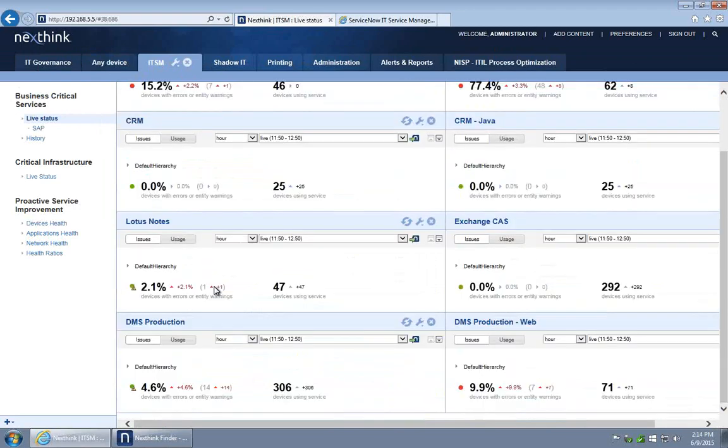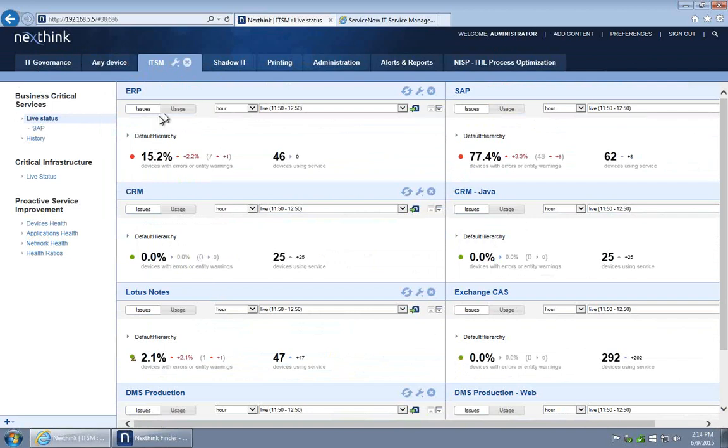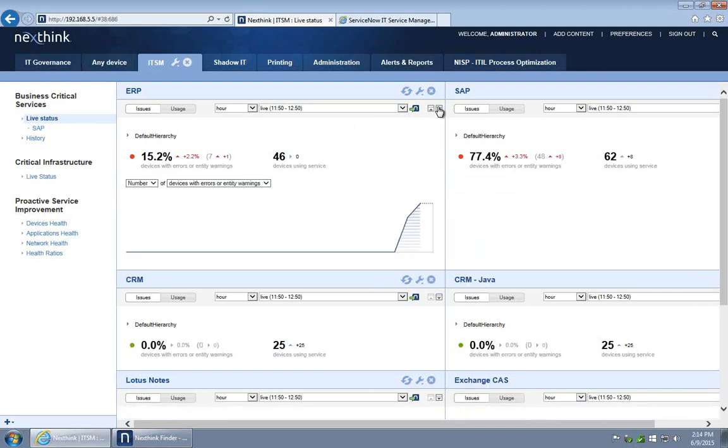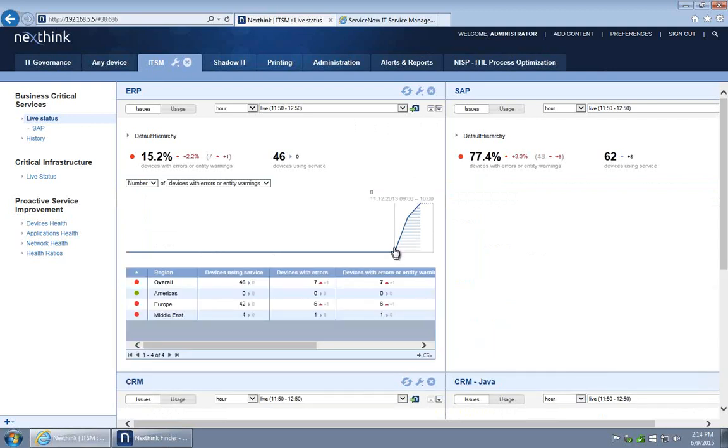This is completely customizable. In that case, ERP, we're having a little issue here. We're having 15%, and this is a live view, by the way, 15% on the users having issues. So I can always easily start having more details about it. For example, here, this problem started at like 9 a.m. this morning. And by having some drill down, I can have a look where exactly it's going on